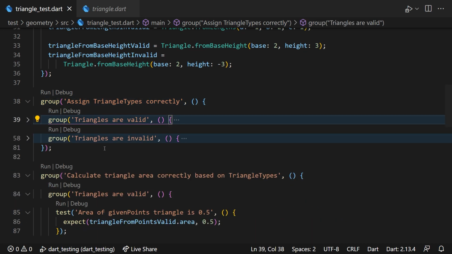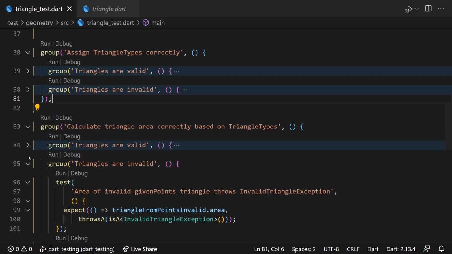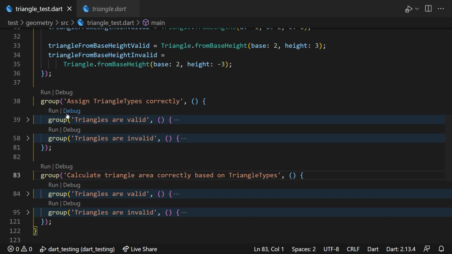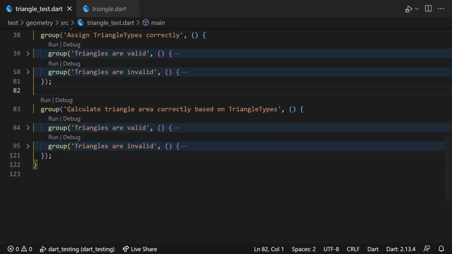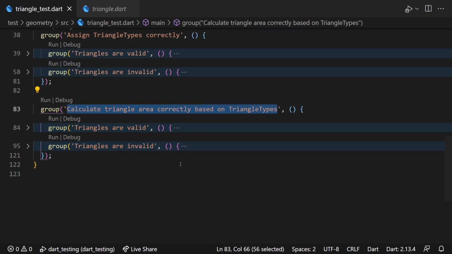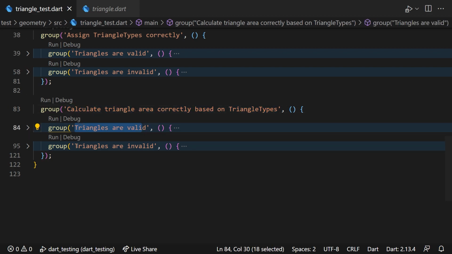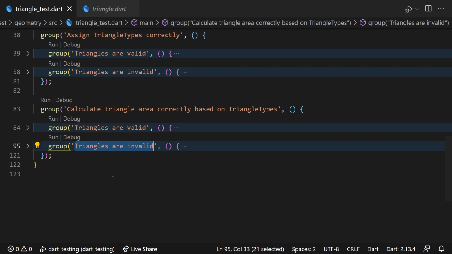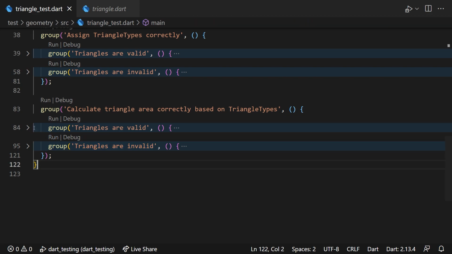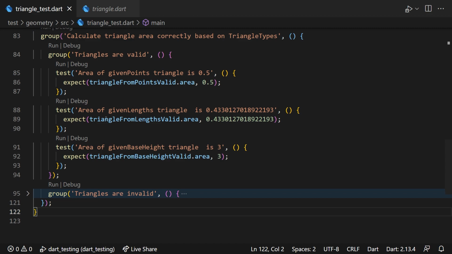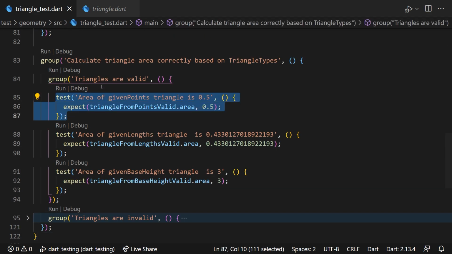These do not play an important role in the standalone functionality of tests, but they make sure the tests look more organized, especially in the testing tab of VS Code. For example, in this section I'm testing if the triangle area is calculated correctly based on the triangle types, and then I've split all of the upcoming tests into whether the triangles are valid, in which I calculated the exact